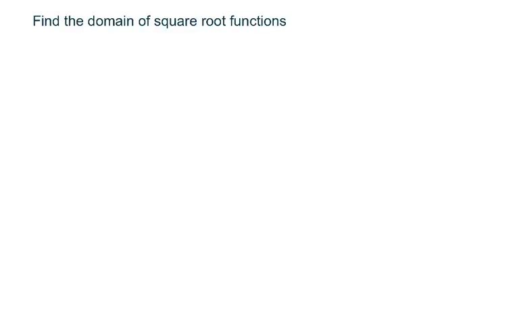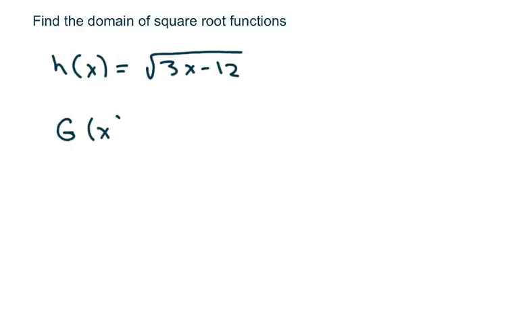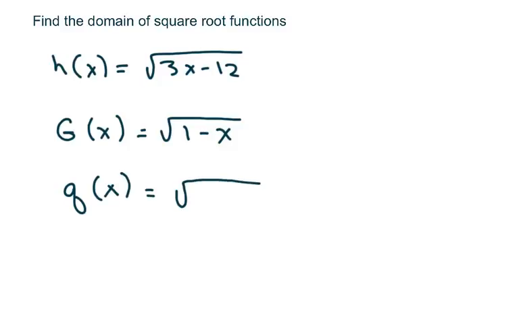Hi everyone, we're going to find the domain of some basic square root functions. The first one we're going to do is h of x equals the square root of 3x minus 12. The second one is g of x equals the square root of 1 minus x. And the last one we're going to do is q of x equals the square root of negative x minus 2. The first thing you need to know about these is that when you do your parent function,